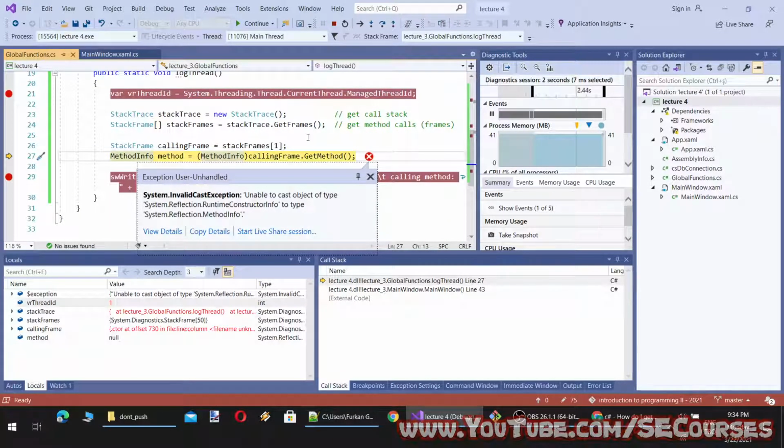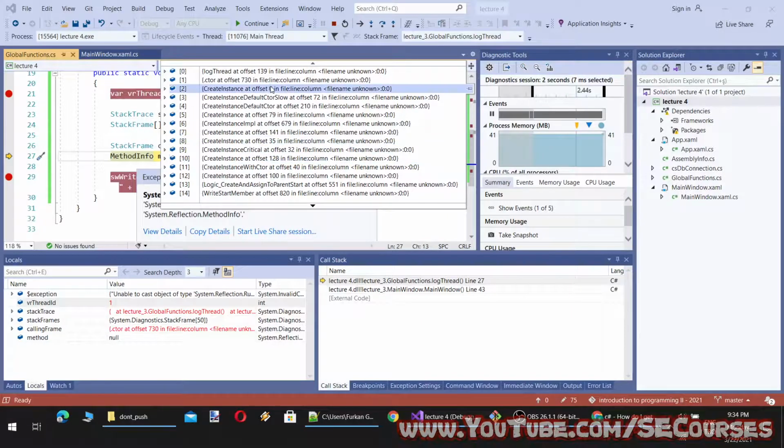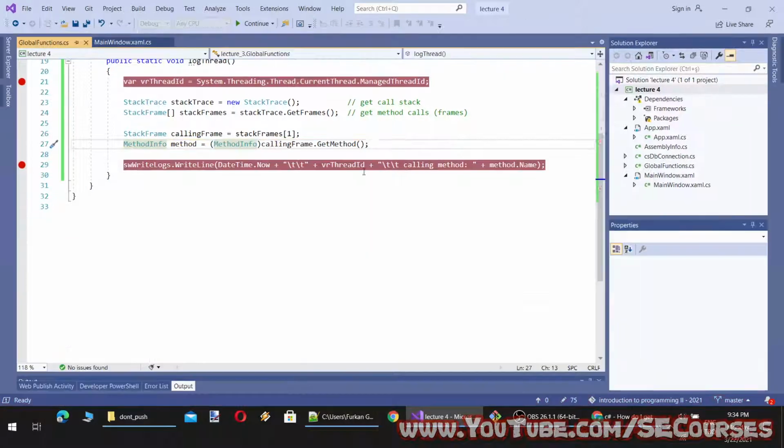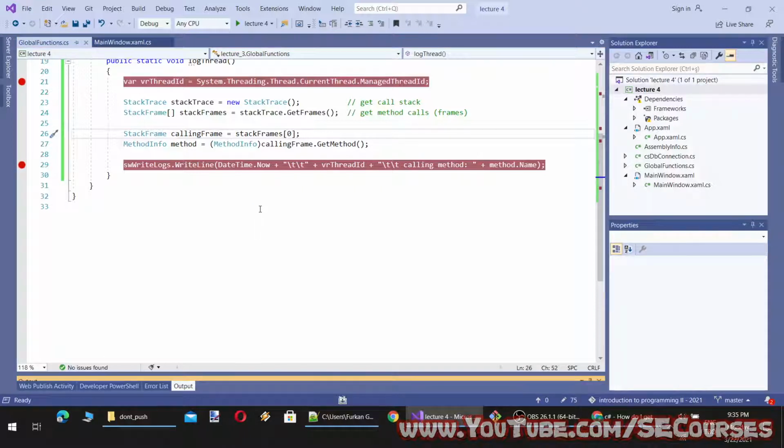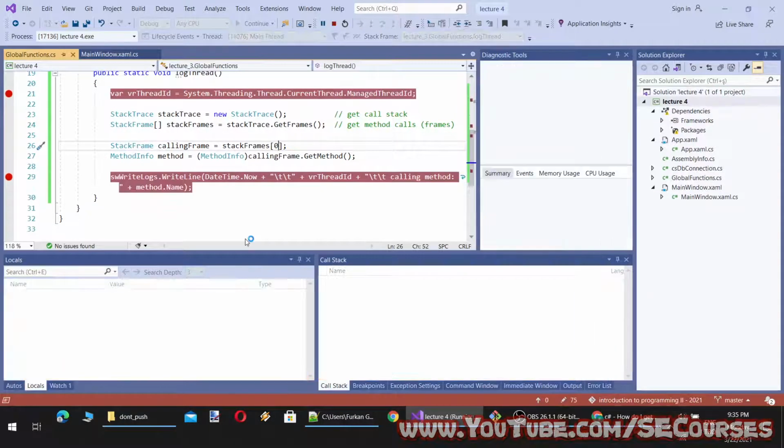Okay, so it says that we cannot type it. So let's check the stack frames and see what is there. Okay, log thread, file unknown. Yeah, actually we need the first one, log thread. This is our calling method name. So it will be this. And from these stack frames, I think we can get the name easily.